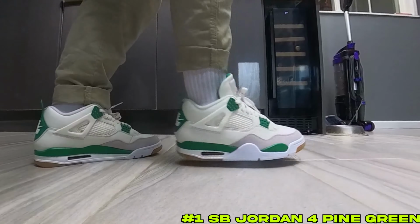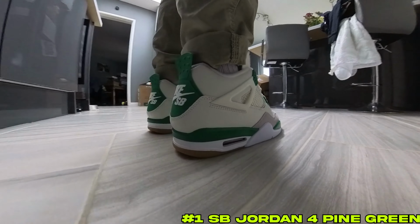So what did they do? Well, they've collabed between SB and Jordan 4 to make the perfect sneaker. An all white, grey and green sneaker, honestly I didn't think would work until I got these in hand. The leather quality on this sneaker is amazing. The shade of green used really does give it that pop to make it stand out from any other sneaker. This has got to be the number one spot, guys, and yes, the resale price is going to cover that. With it being so popular, with it being so exclusive, the resale price is currently sitting anywhere from £300 all the way up to